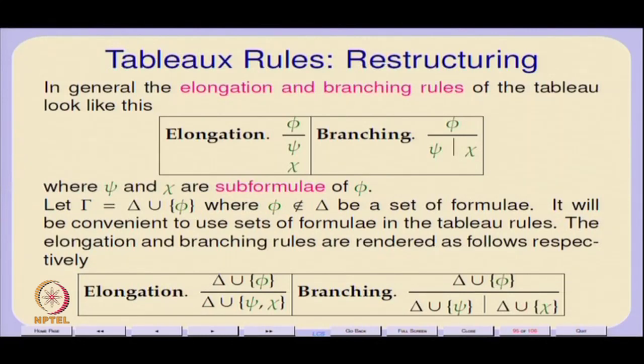Okay. In that sense, you can think of the tree construction as an updation of the set of formulae, which from an implementation point of view is actually quite efficient. So, firstly we do not need to actually construct trees, okay, because